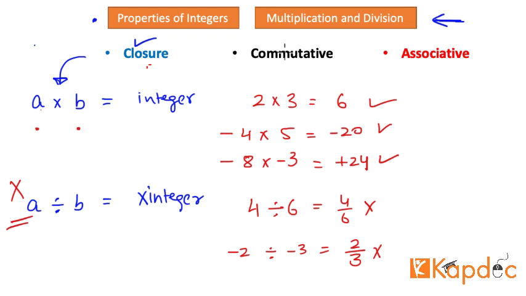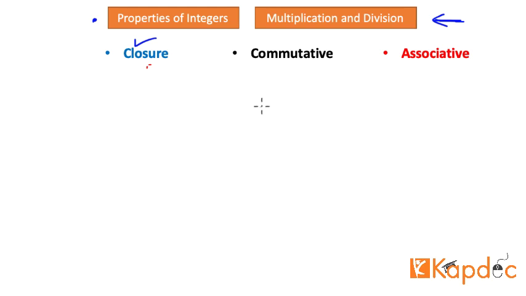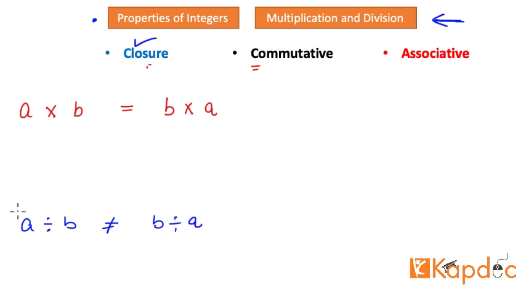Now next we talk about what the commutative property is and how it behaves when we apply a multiplication or a division operation on two integers. So what exactly is the commutative principle? The commutative principle states that if your numbers can freely move around the mathematical operation, which is multiplication in this case, then we say that the commutative property holds true. Meaning A times B is the same thing as B times A. And it does make sense intuitively, right? And at the same time, we are saying that A divided by B is not the same as B divided by A. Okay? So why don't we just apply some numbers to it and see how it works out.